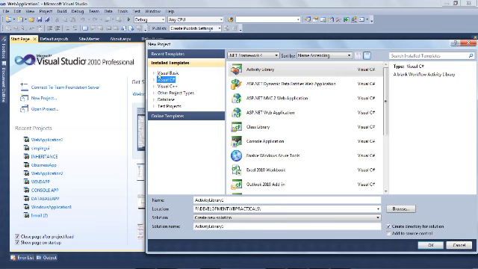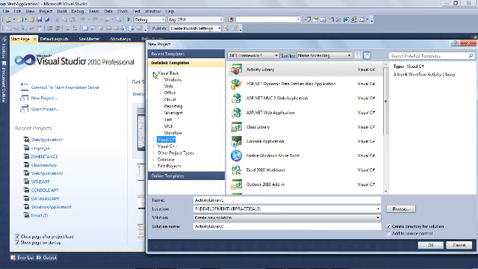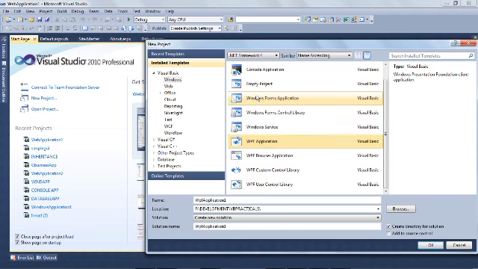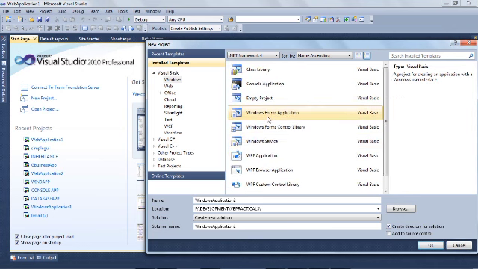So you will find in Visual Basic, Windows type of application is there. In that you will find class library, console type of application also, and WPF application also, and then simple Windows application is also available. Windows Form application, which is desktop application, is also available.